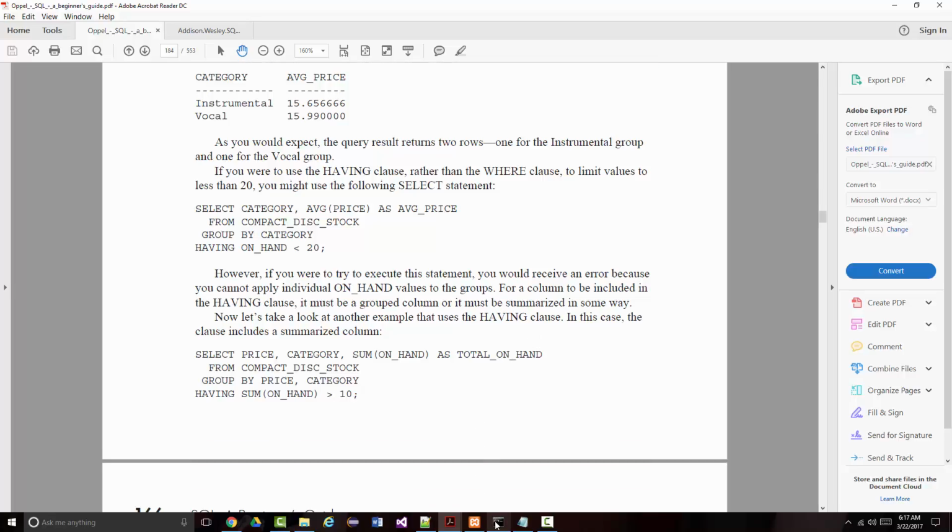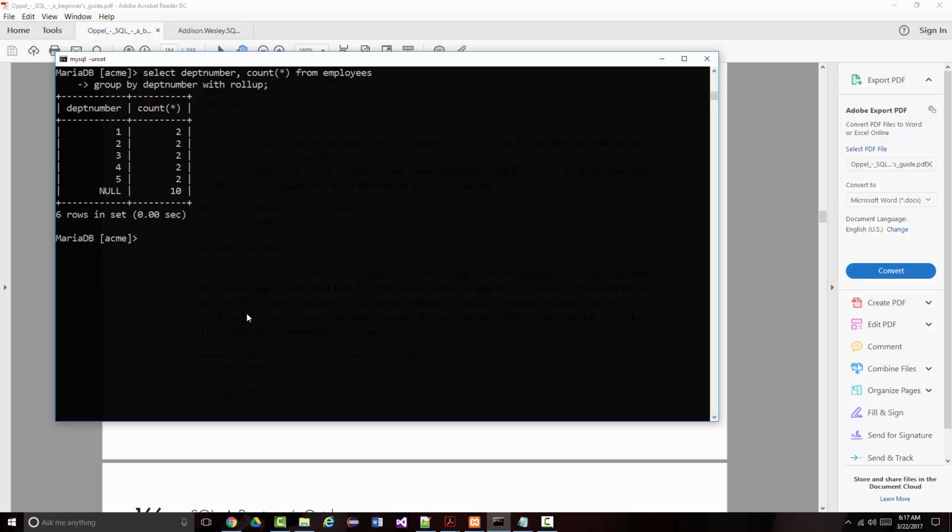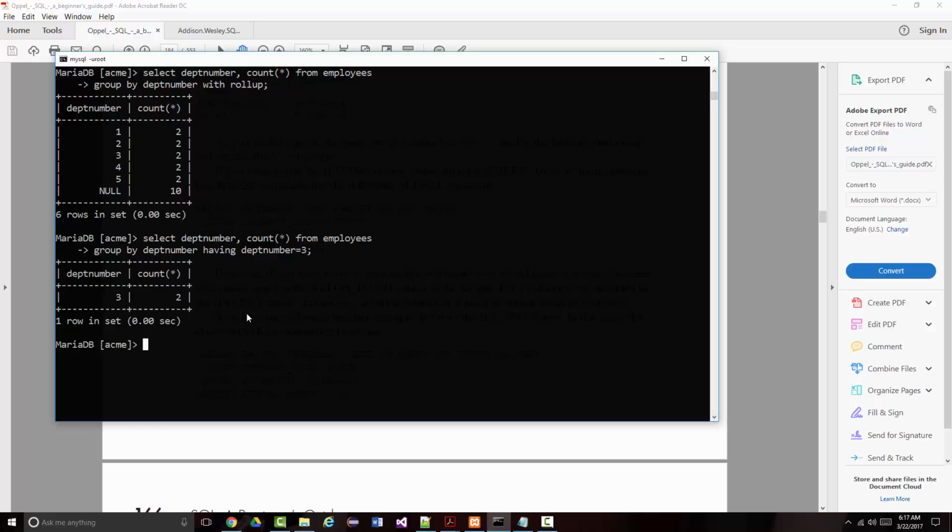So let's do this. All right. Let's run the same thing without the roll-up. We'll forget about the roll-up. But I want to say this. Having department number equal 3. Okay? So instead of showing me everything, it only showed me a count of how many people were working in department 3. So again, like we saw before,